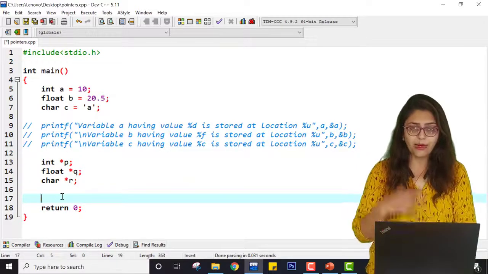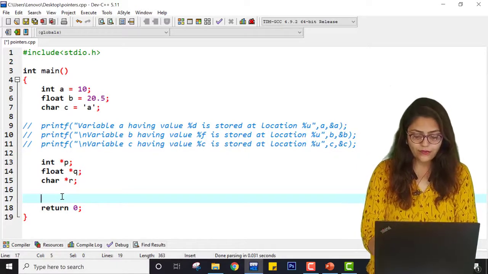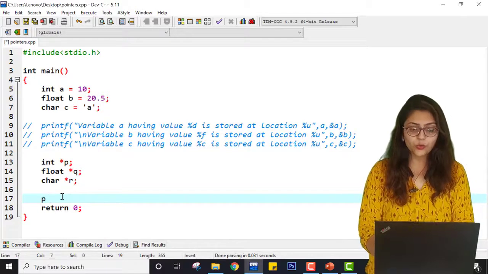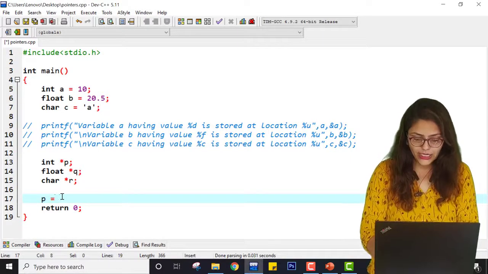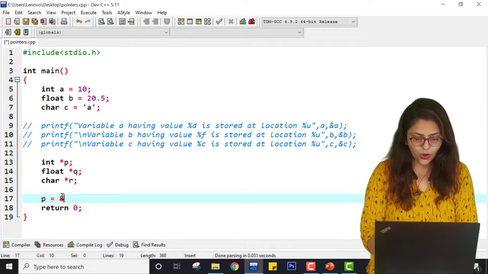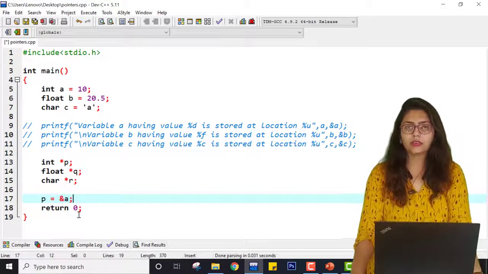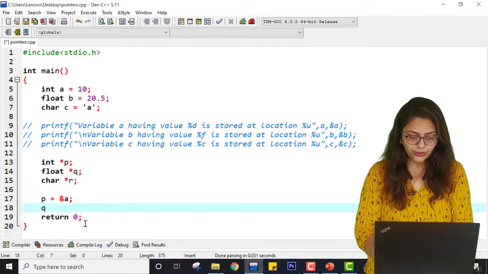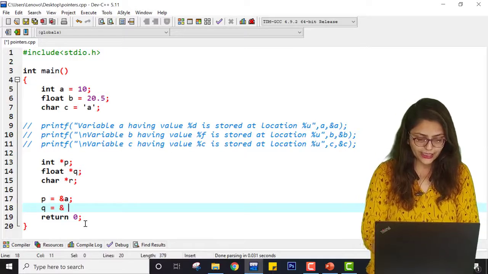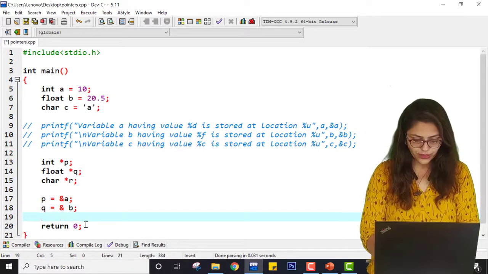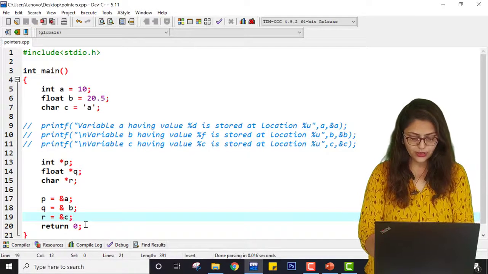Now how can I make them point to something? If I write p = &a, that means the value of p equals the address of a, right? Now how can you write q? q = &b and r = &c, right?